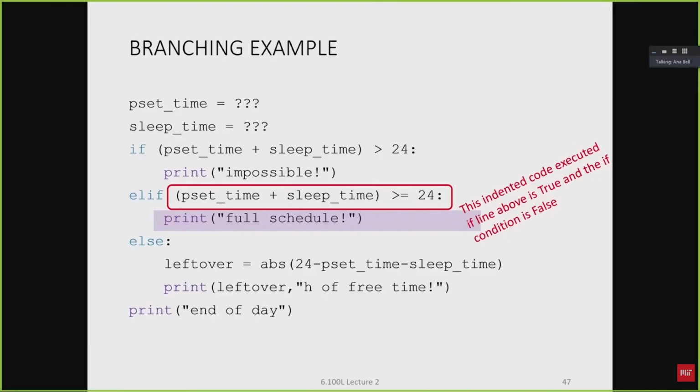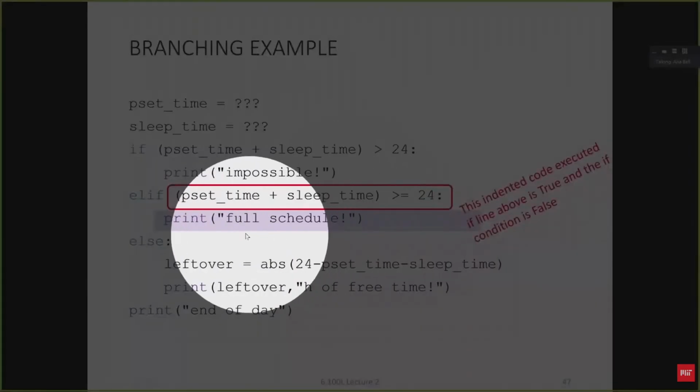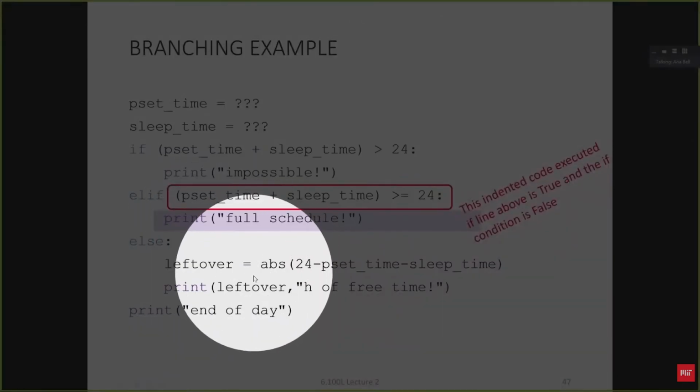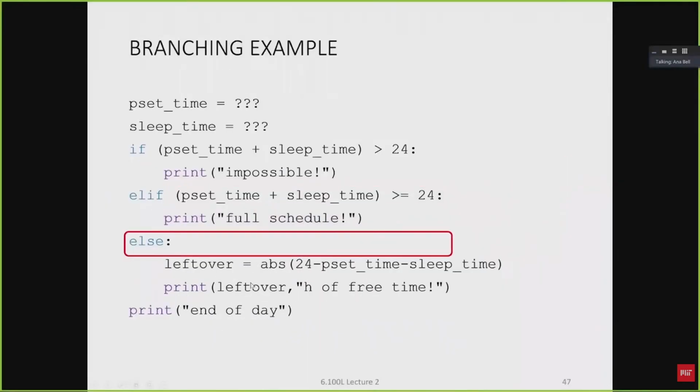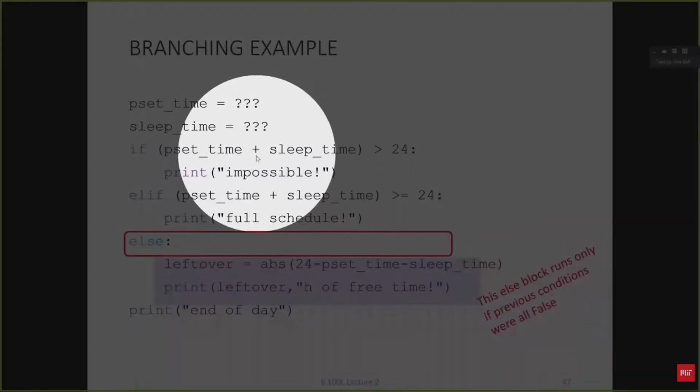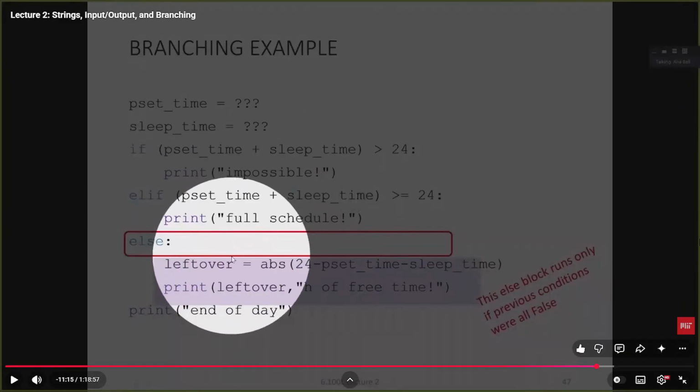And if neither of those are true, I'm going to do whatever is in this code block here. I'm going to do these 2 lines. Okay, so this is my sort of, I call it a catch-all because none of those other conditions were true, so we're going to catch ourselves and do this print, do these commands here. And otherwise, once we finish doing either this one or catching whatever